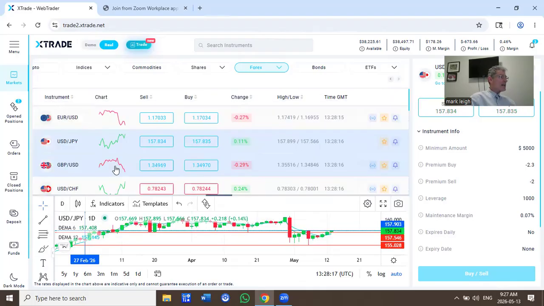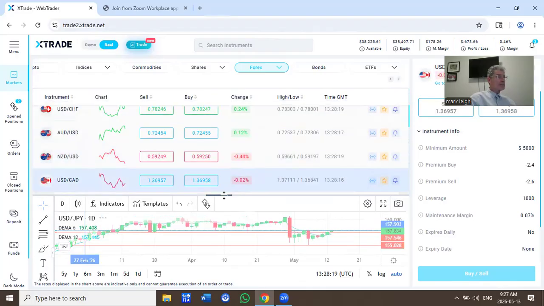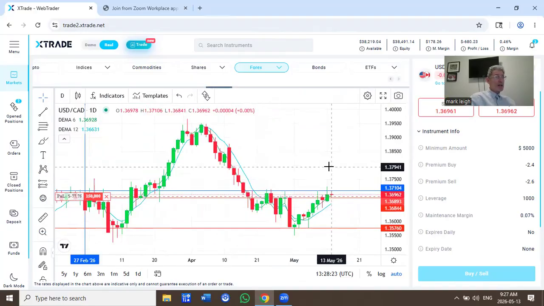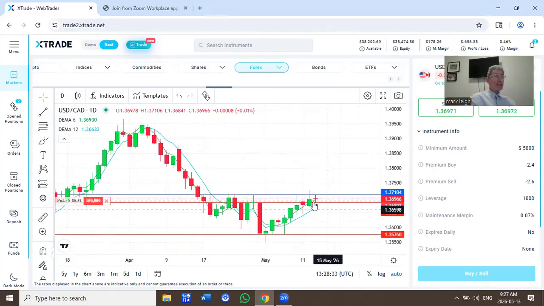US dollar against the Canadian. A little bit of a different picture here. Here we're not seeing US strengthening against the Canadian. It did earlier, you can see a wick in both directions, but unable to maintain. A doji candlestick confirming the indecision. I've got support at 136.84, and I've got resistance at